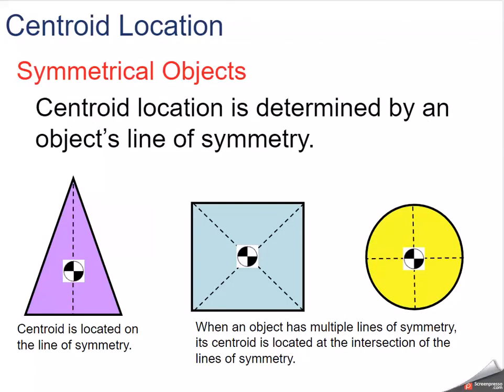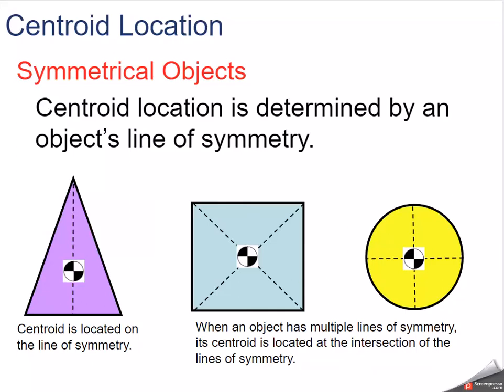There are some basic objects that we're going to look at in this class. There's a triangle, rectangle or quadrilateral, and a circle. For all of these, if they're nice basic shapes, the centroid is always located on a line of symmetry that's